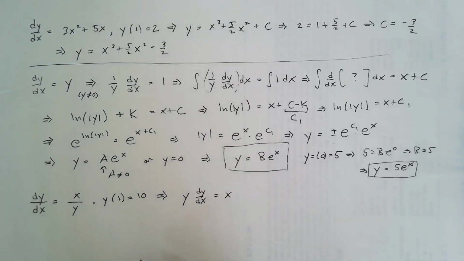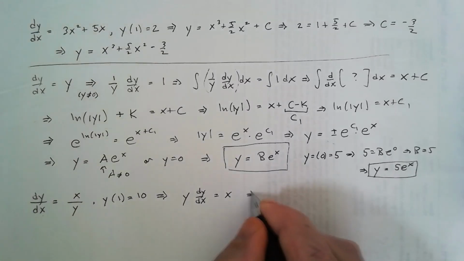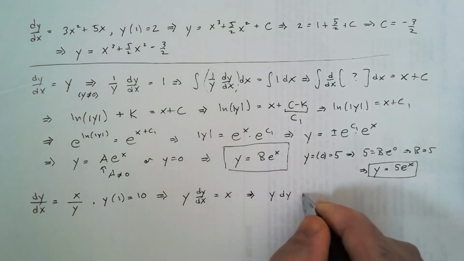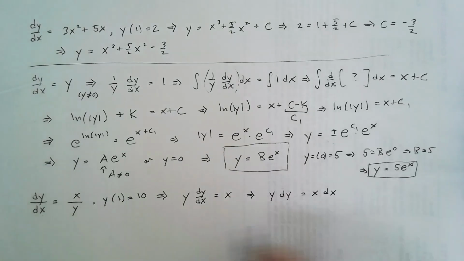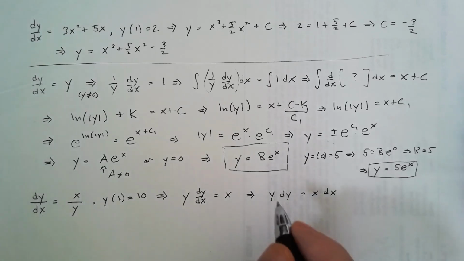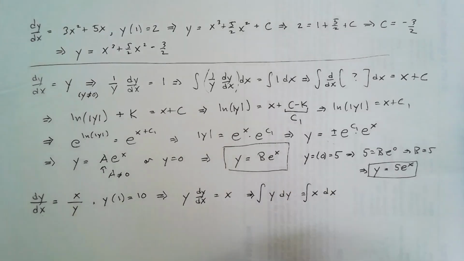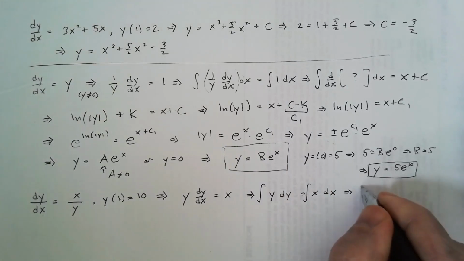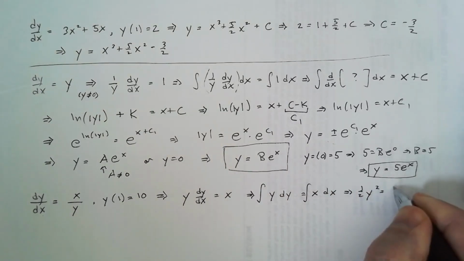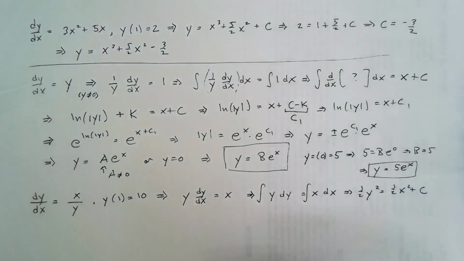In general, once we develop this method, it's easier to work with differential notation, where we rewrite this as y dy equals x dx. Now, dy/dx is not really a fraction, and you've been told since the beginning of differential calculus that you really shouldn't do this, but then we look at differentials and we say, well, maybe sometimes we can do this, and in this case it's useful. And now I will simply integrate both sides. So I get 1/2 y squared equals 1/2 x squared plus some constant.